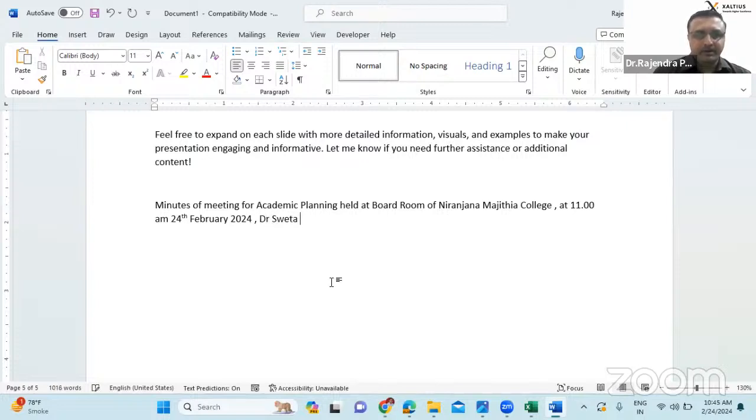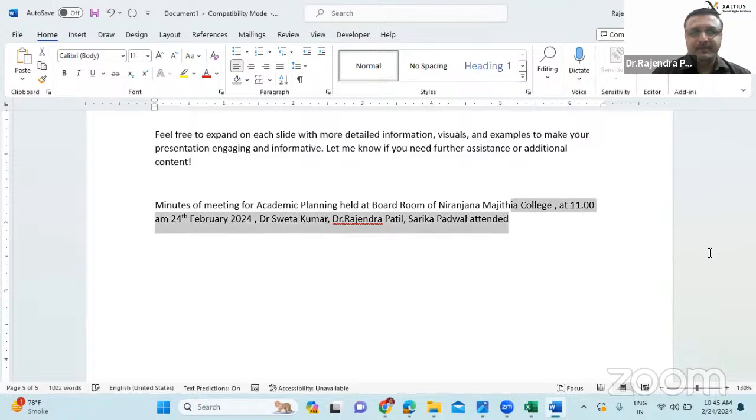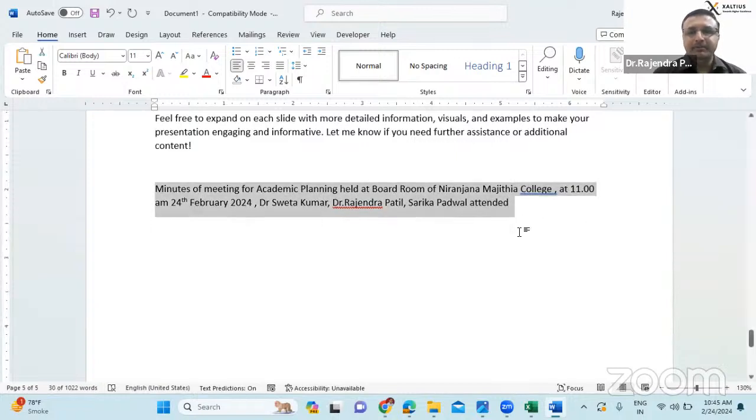Dr. Shweta Kumar, Dr. Rajendra Patil. I will take 1 or 2 participants' names, like Sarika Padwal. Okay. Sarika Padwal attended. Okay. So I'm just giving the prompt and see.